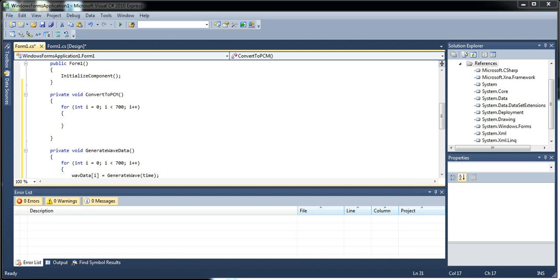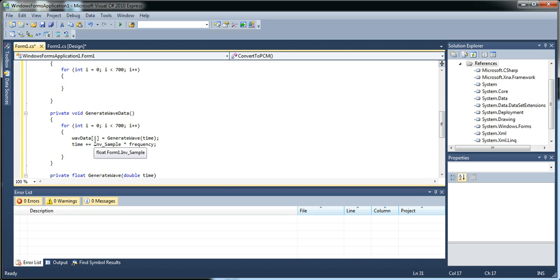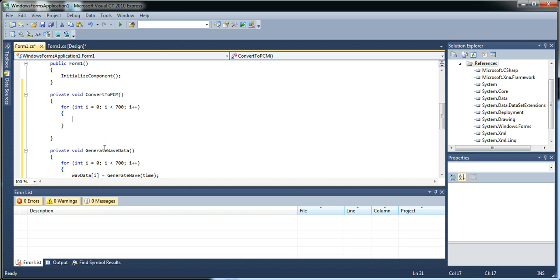Alright, so right on the verge of converting our wave data into a PCM stream. So the first thing we need to do, well, for one thing, just dawned on me that we're generating a sine wave here that's going to go from -1 to 1, so basically that's going to be full volume. We don't want our wave volume to be quite that loud, so we'll fix that when we do that here. So we're going to use a working value here,